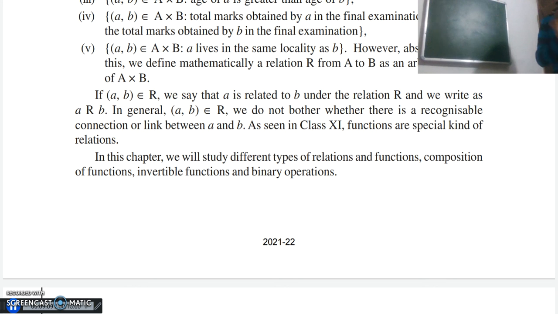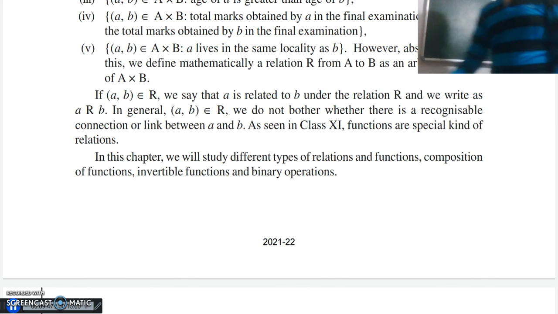If there exists a relation R on set A, and it is given in the question that (A, B) belongs to R, then (B, A) would also belong to the relation. We should prove that (B, A) belongs to the relation. If we are able to prove this, then it's symmetric, or else if we are not able to prove this, then it's not symmetric. Okay, that was our two things, reflexive and symmetric,